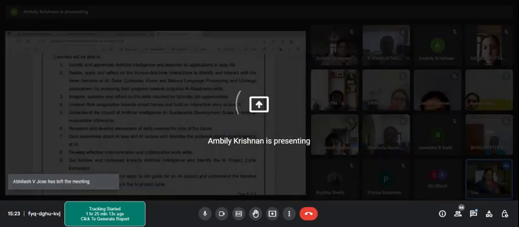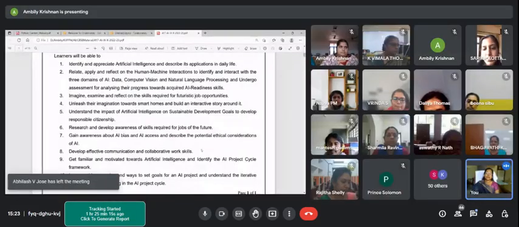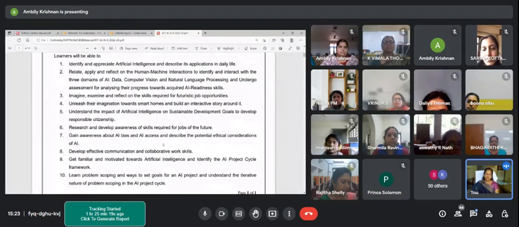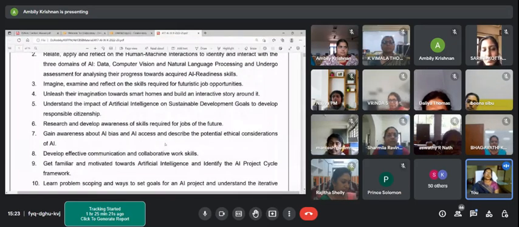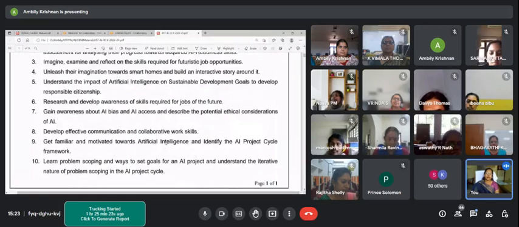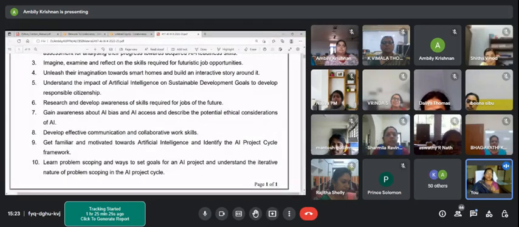So in competency-based education, experiential learning is very important. The activities you make children do in the classroom will make the students enjoy learning artificial intelligence.